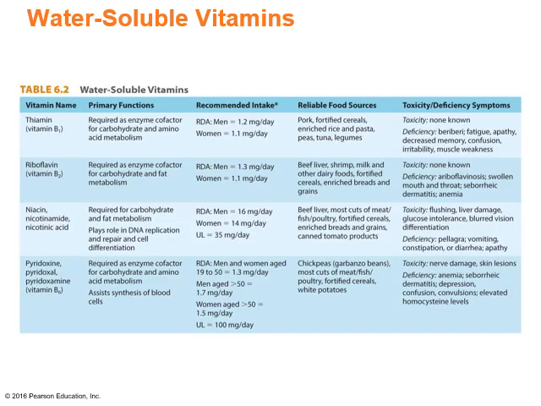And here you see, just like we saw with the charts for the other, a list of water-soluble vitamins, the recommended intake for them, what foods you can get them from, and then some of the toxicity and deficiency symptoms. So toxicity meaning too much, deficiency meaning not enough, and either way is bad. That's why it's important that you get the recommended amounts every day.